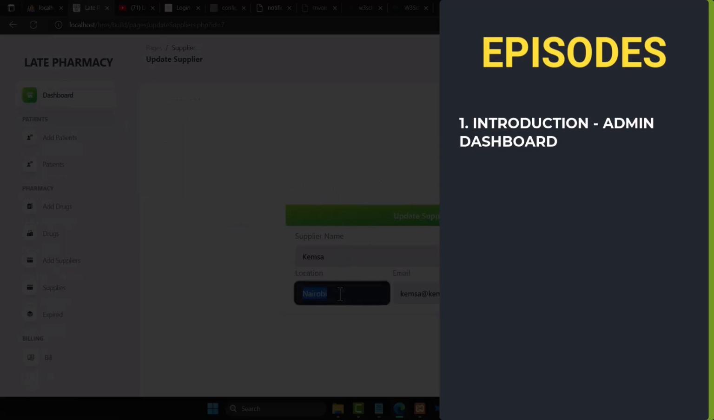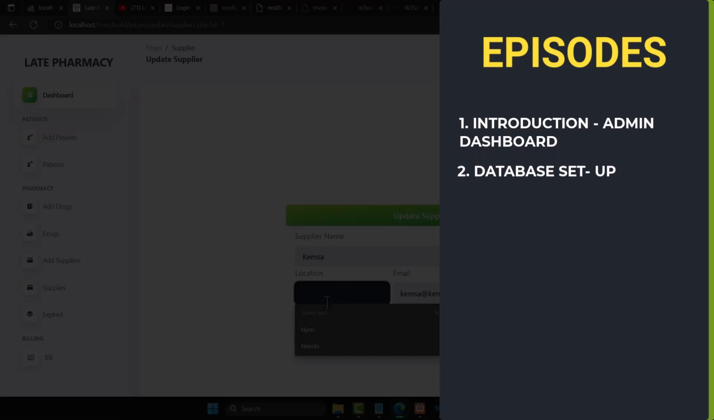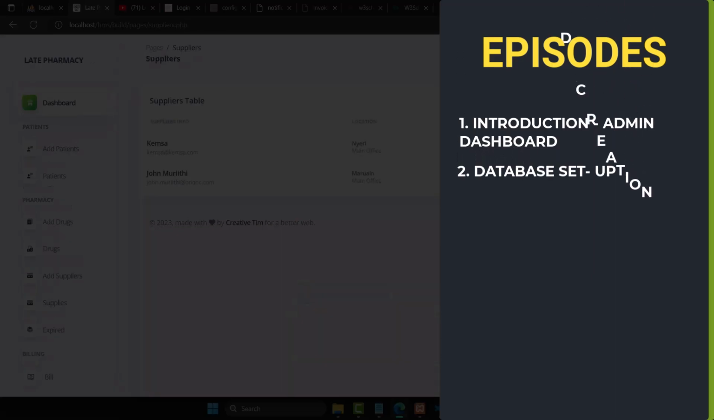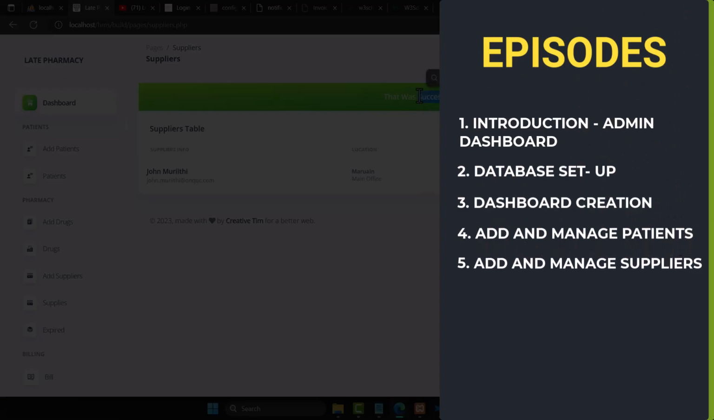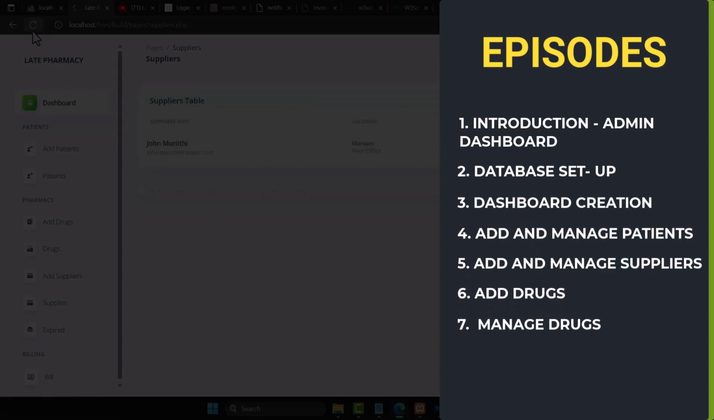In the second episode, we are going to set up the database. Then in the third episode, we'll be creating the dashboard now. And in the fourth episode, we'll be adding the patients. Fifth, we'll be managing the patients rather. In the sixth episode, we'll be adding and managing suppliers. And then in the seventh episode, we'll be dealing with drugs, that is entering or adding